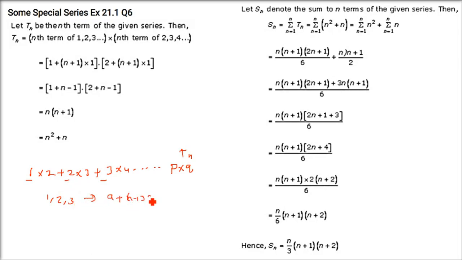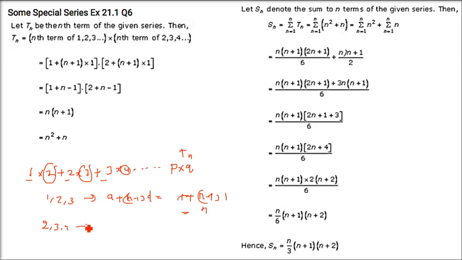1, 2, 3, the last term is P. And we know that for 1, 2, 3, what will be the last term? N. You can also find it using A plus N minus 1 into D. A is 1 and D is also 2 minus 1, which is 1. Now we have done so many questions, we can easily say that the nth term will be N. Right? But because you are going to solve it, you need to write A plus N minus 1 into D. This way you have to show the examiner how I got this N.